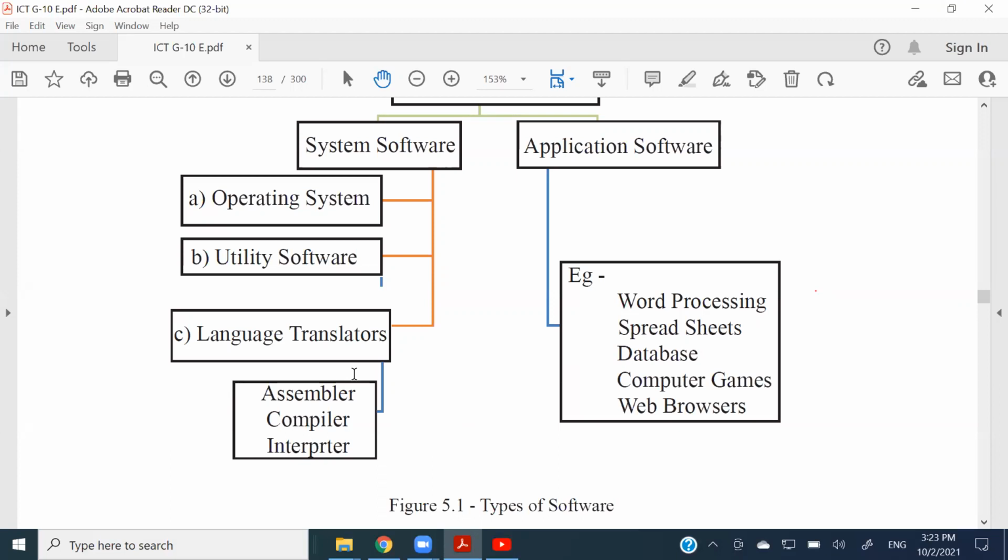We use these things, assembler, compiler, and interpreter, to translate the human readable language into the machine readable language, right? It is like when we are learning programming, it is the first lesson of grade 11. In programming, we are coding a particular code using the programming language that we are going to learn, which is Pascal, right?